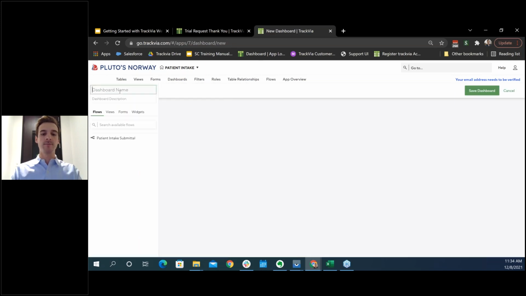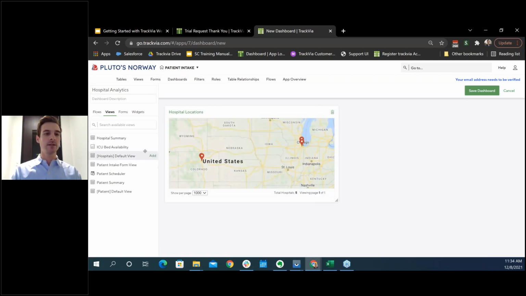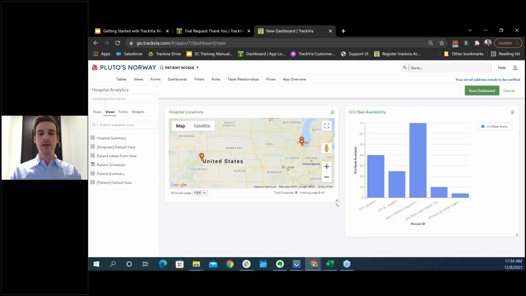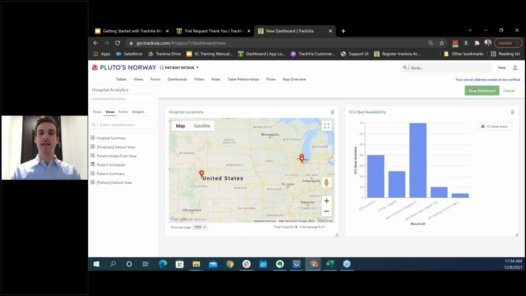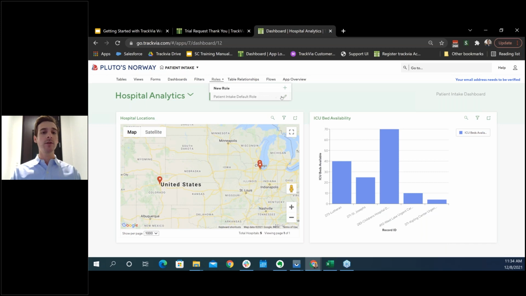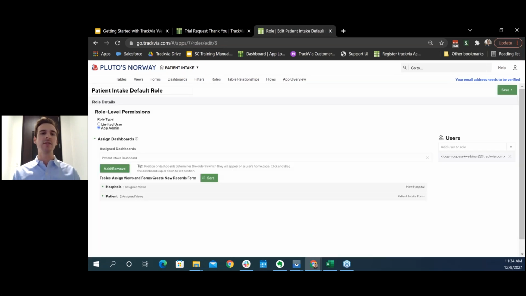And we'll call this our hospital analytics dashboard. And let's go ahead and add those views, the location and the ICU bed availability. And we'll stretch this out and save the dashboard. So now that we've created all these new views and dashboards, we need to permit ourselves accordingly to those views and dashboards. So you'll notice as you get building in TrackVia, as you start adding more forms, more views,